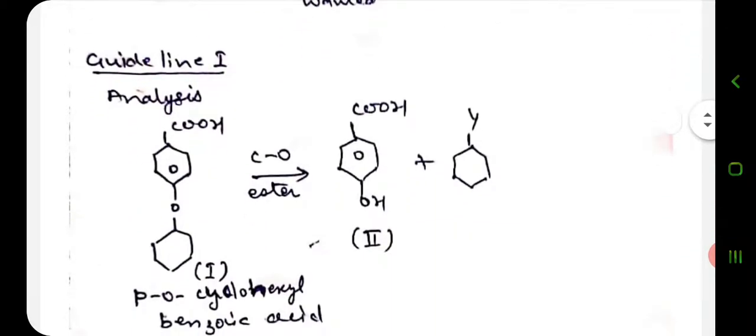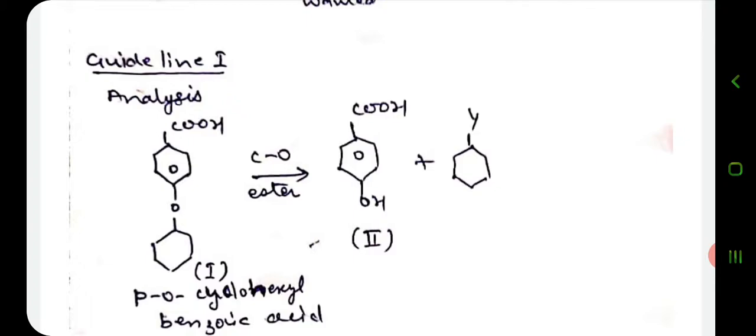So we have guideline 1 to explain this. With two functional groups of unequal reactivity, the more reactive can always be made to react alone. For example, ortho-cyclohexyl benzoic acid can be analyzed as an ether, leading to simple starting material. So the hydroxy acid, represented by 2, would react at the hydroxy group, or would the carboxyl group also react?